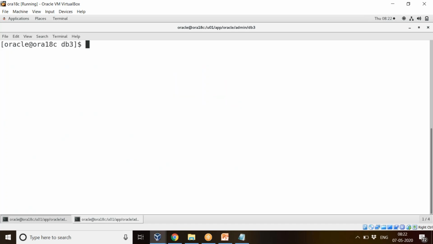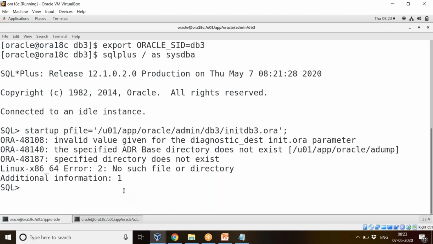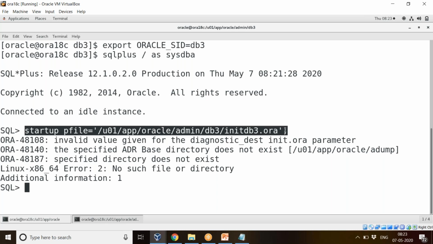It throws an error that the adump directory is not there. So I'm going under admin and checking here. So the adump directory is not there. So I'll create a directory called adump. Fine. So now we'll check. Now we'll give the same command. So we should know how to troubleshoot also. Otherwise, it's very hard.